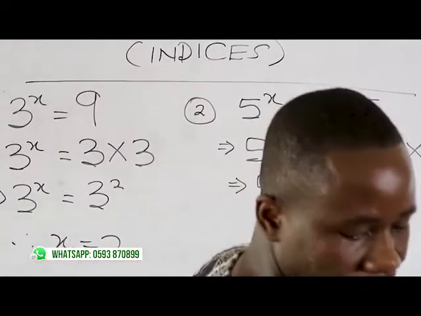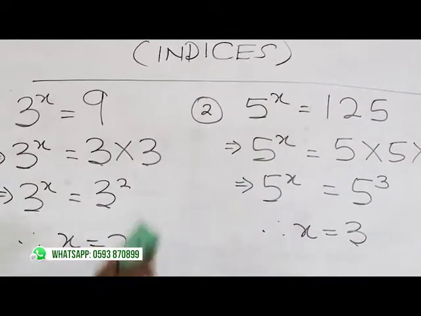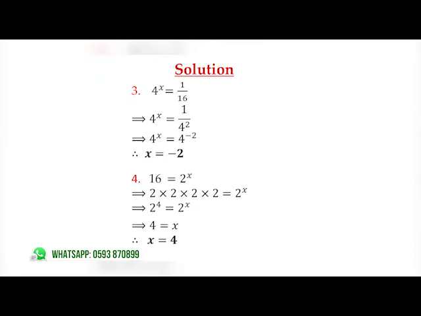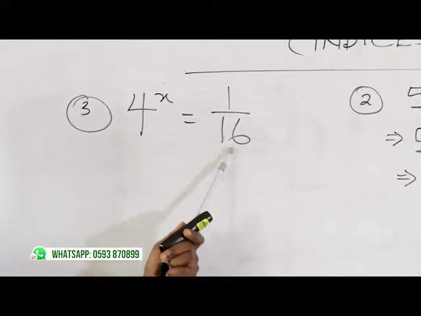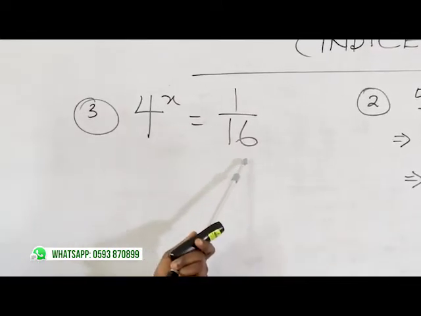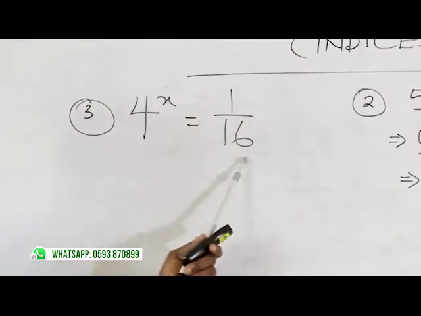Let's move on to the third one. 4 exponent x equals 1 out of 16. So the base here is 4. On the right is a fraction, but I can see 16 as a denominator. I can express 16 to have the same base of 4. So as the fraction is 1 over 4,